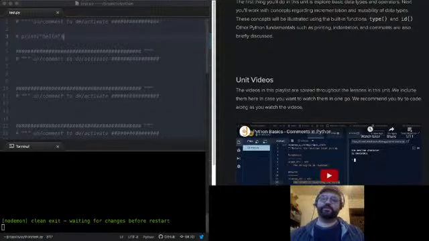I want to put particular emphasis on incrementation and iteration, being able to iterate through some process repeatedly until you accomplish some task. These concepts will be illustrated using the built-in functions type and ID. Other Python fundamentals such as printing, indentation, and comments are also briefly discussed.